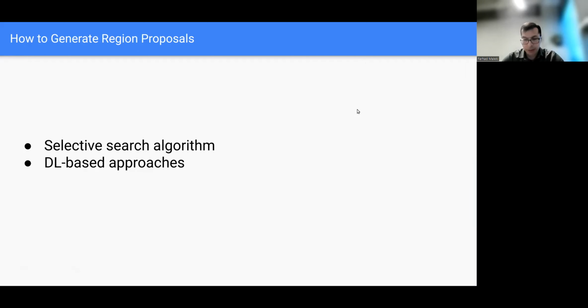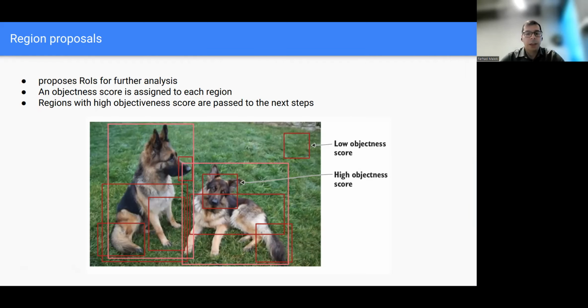So we talked about regions of interest, or regions that might contain objects. I say might, because we take a look at them, we evaluate them, and we assign a score to them down the road. But we don't want to cover every possible bounding box. Remember, you have 1,000 by 1,000 for a regular image size.